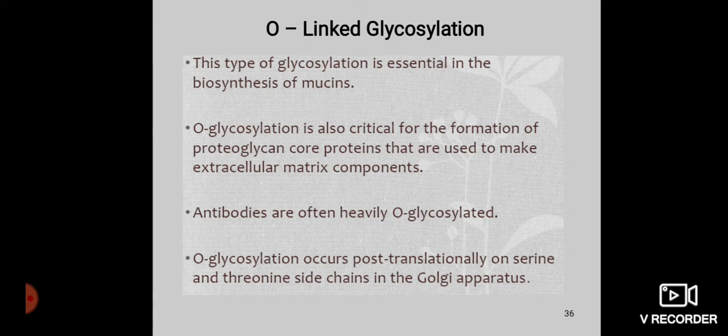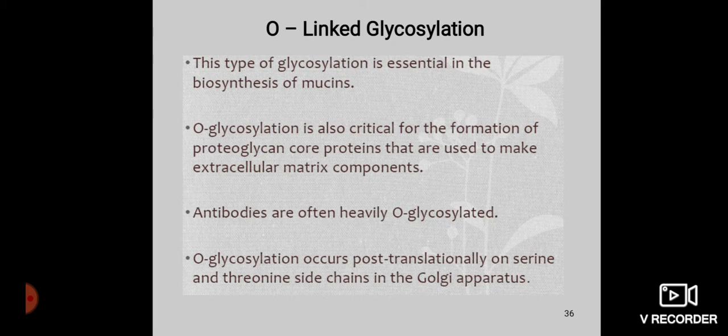This particular O-link glycosylation is a little different from that of N-link glycosylation, not just in terms of the glycosidic bond which gets formed, but also in terms of addition of sugar units, because N-link glycosylation happens wherein a pre-constructed oligosaccharide unit will be added onto the protein, followed by trimming as well as processing of the oligosaccharide unit. But in the case of O-link glycosylation, it is not going to happen in that particular way, where here the addition of oligosaccharide units,